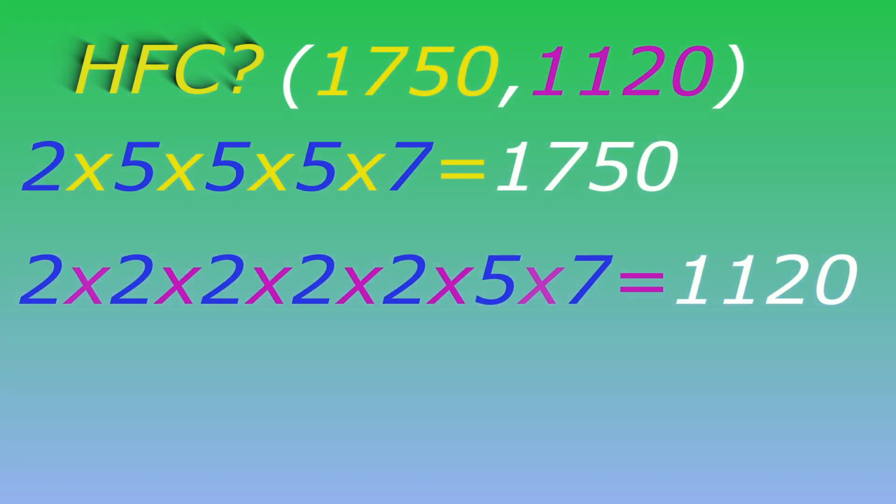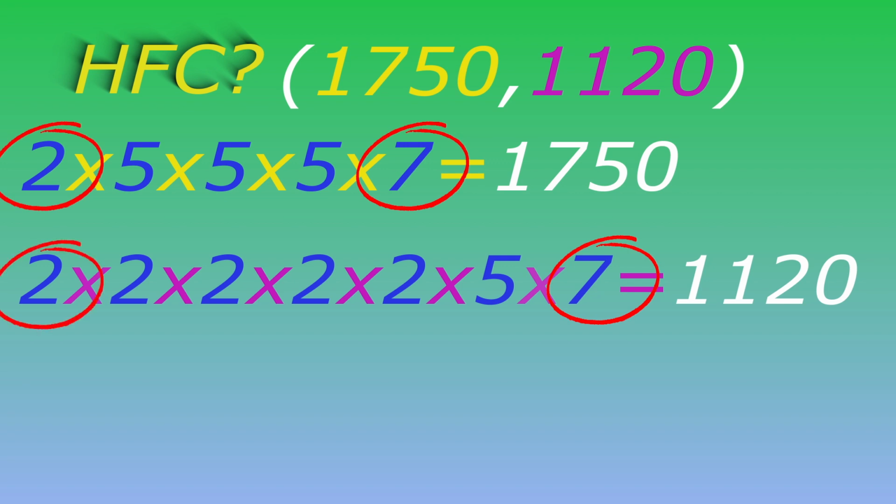Now, to find the highest common factor of both numbers, we must first look for pairs of numbers. There is only one 7 in each factorization, so we can pair them, and there are no more pairs of 7 left. There's only one 2 in the first prime factorization, so we pair it with 1 in the second, and there's only one 5 in the second factorization, so we can only pair it with 1 of the 5s in the first. No other pairings are possible, so we have 3 pairs: a pair of 2s, a pair of 5s, and a pair of 7s.